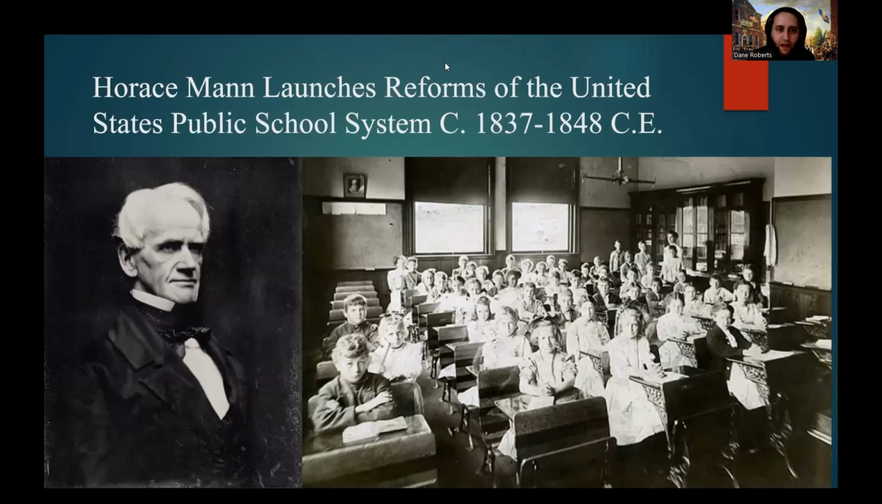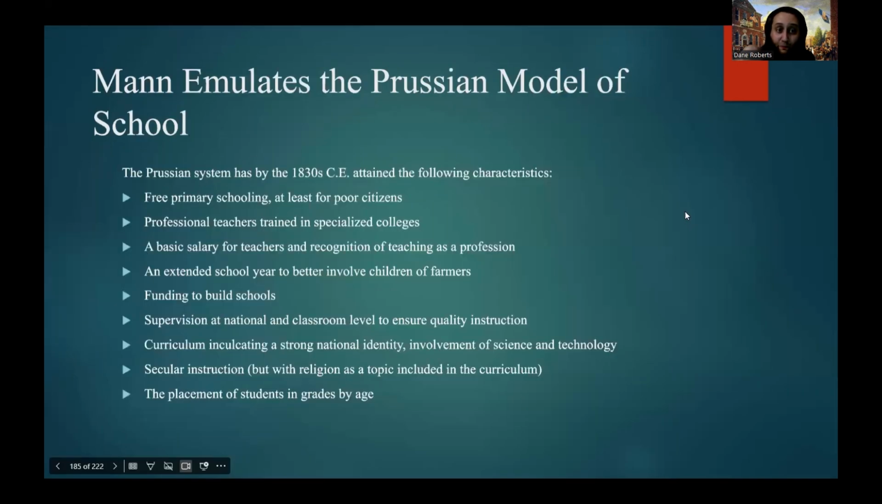Then we have the reforms of the United States public school system that were launched by Horace Mann between 1837 and 1848 CE, with Mann specifically emulating the Prussian model of school, with the Prussian system having, by the 1830s CE, attained the following characteristics: free primary schooling, at least for poor citizens, professional teachers being trained in specialized colleges, a basic salary for teachers and recognition of teaching as a profession, an extended school year to better involve the children of farmers, funding to build schools,